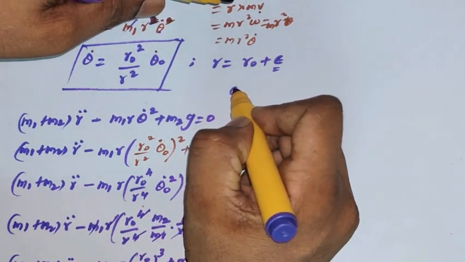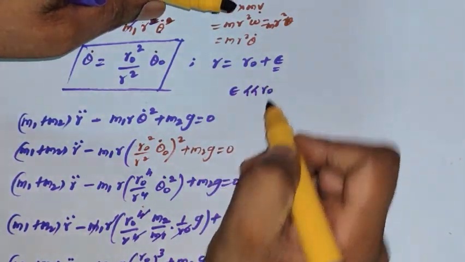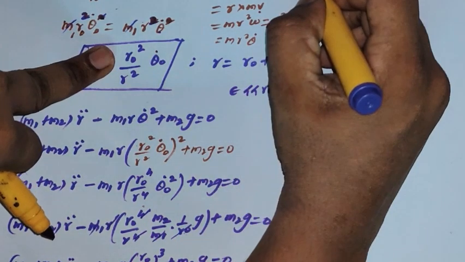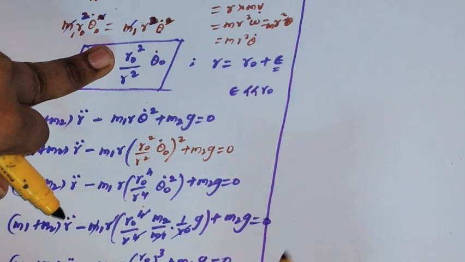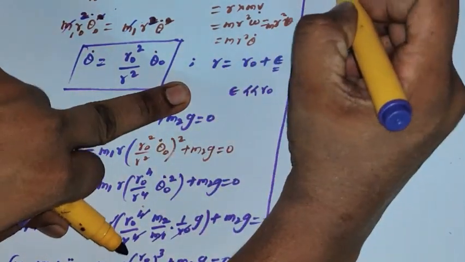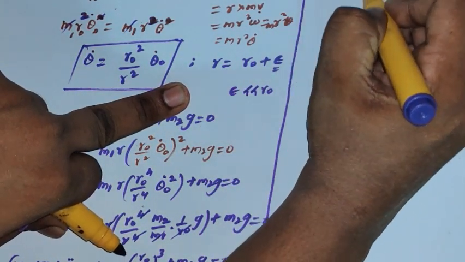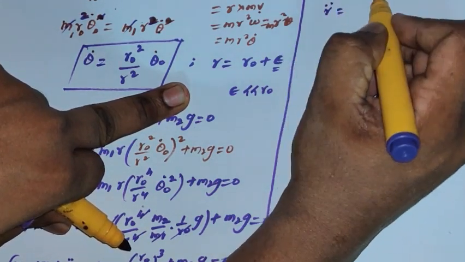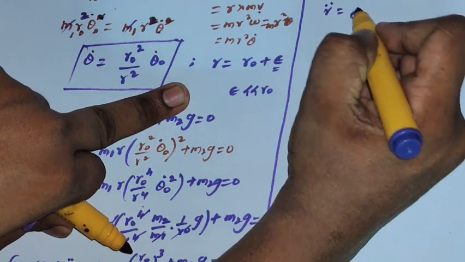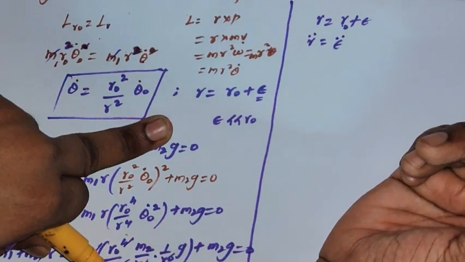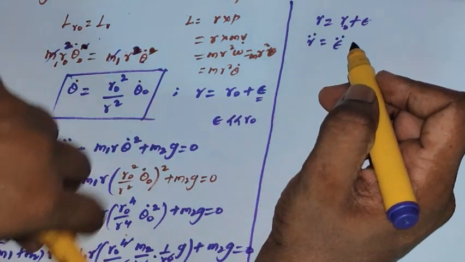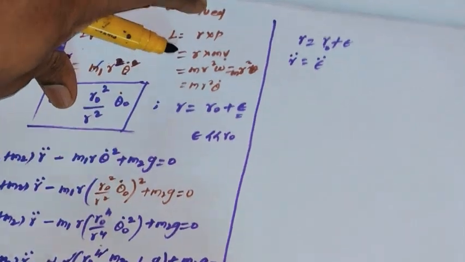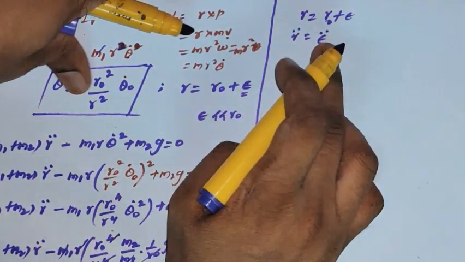But we are displacing along the radial direction by a small amount epsilon. Here we have to make another condition: epsilon is much less than r, only slightly displaced, then it is making the angular frequency. For that we are changing the radial coordinate r equal to r naught plus epsilon in our equation. If we take the double derivative, because r naught is constant, it will give epsilon double dot.